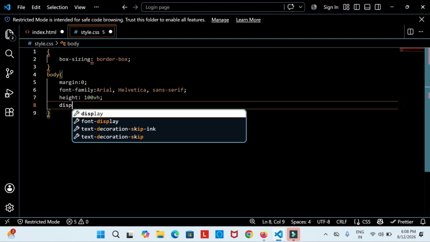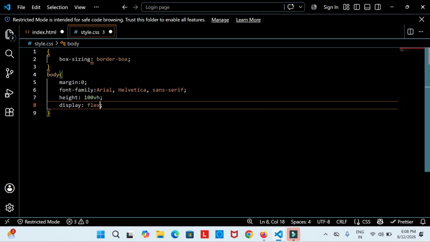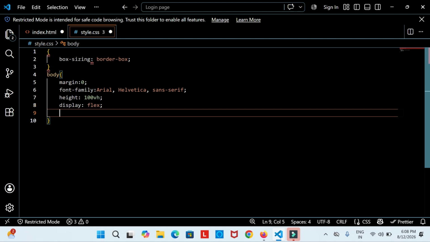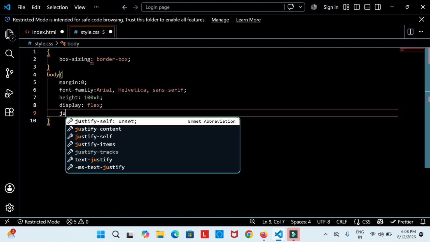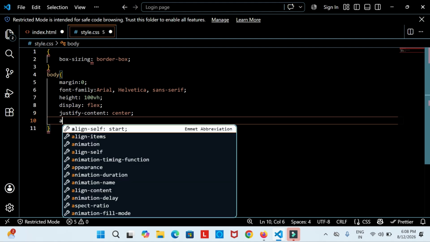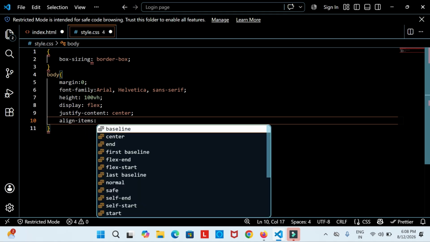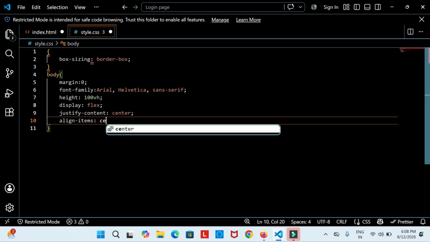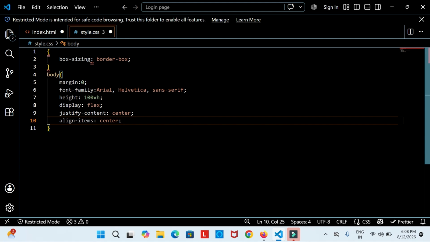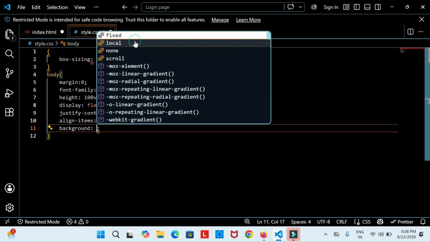Display I am taking flex. Next, justify content I am taking center. Now background I am taking